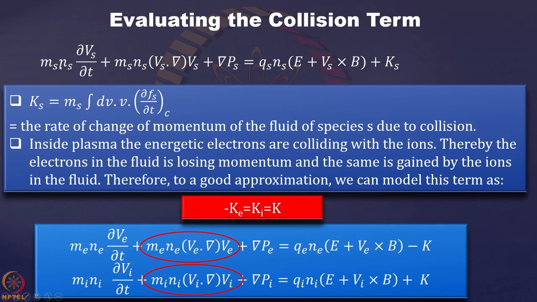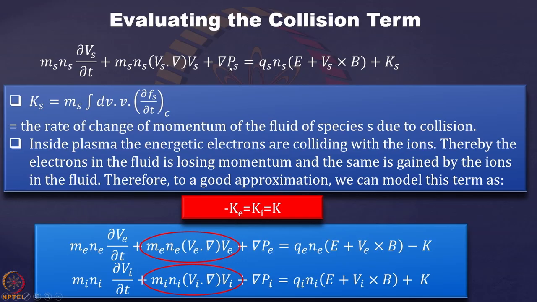So this is the expression which we are now having, and the major difficulty that we are finding now is in evaluating the term Ks. So you understand that we have evaluated the first term, we got this, we evaluated the second term which resulted in the VB tensor, and that resulted in this term, grad P and ms ns Vs dot grad Vs. So this is basically because of the center of mass fluid velocity Vs when the fluid is moving, and this is your grad Ps term.